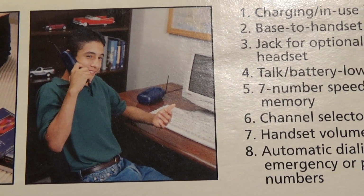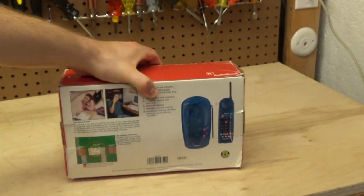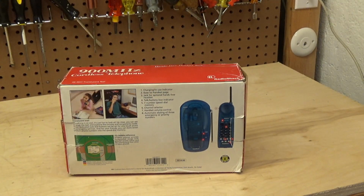This is a late 90s product, but these are very good telephones, and unlike the 46 to 49 megahertz phones that really didn't work that good, these stayed around for some time into the 2000s, partly because there just really wasn't a reason to replace them. The telephones are still fairly expensive, and these units worked a lot better than most of the 2.4 gigahertz models